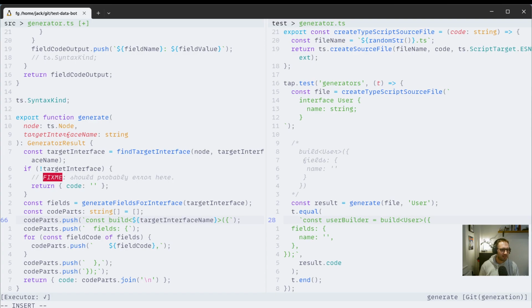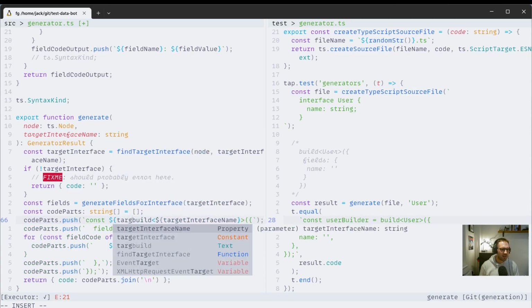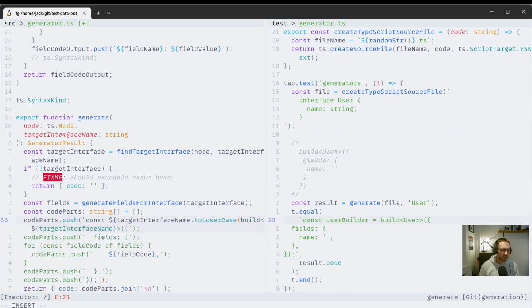I'm sorry, Alex, I've just seen your message about the numbers. Let me put this thought into text, and then I will get back to you. So we'll say target interface name to lowercase builder equals